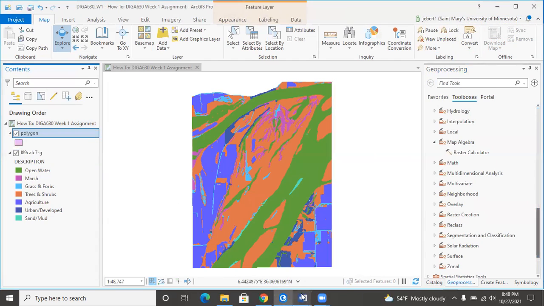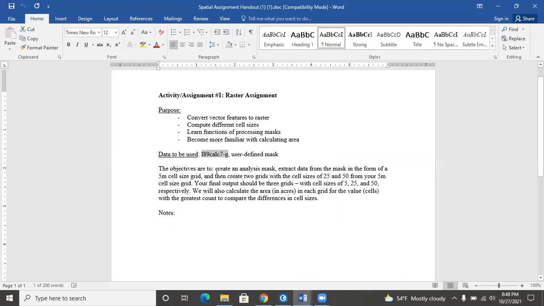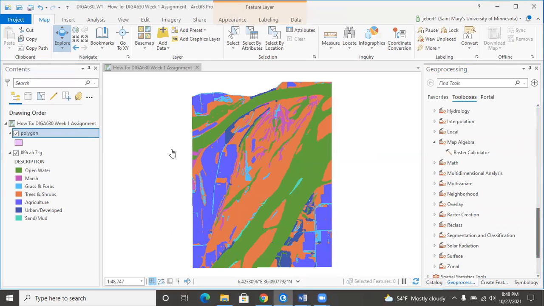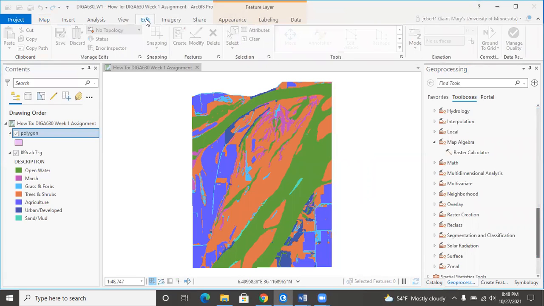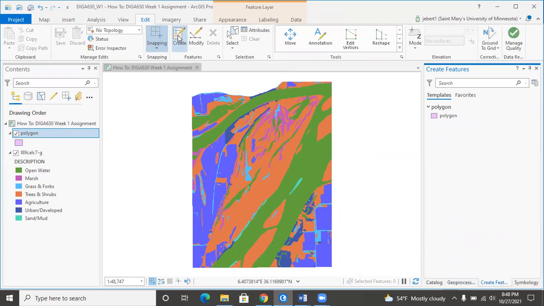So we're right at the step here where we want to say, I'm going to create an analysis mask, but to do that, I need to first create a polygon. So let's go ahead and do that. I'm going to come up under the Edit tab up here in Pro. Okay, so with that active, I'm going to make sure my polygon is selected here, and I'm going to create a polygon. So all I'm going to do is select this Create button here, again, under my Edit ribbon,